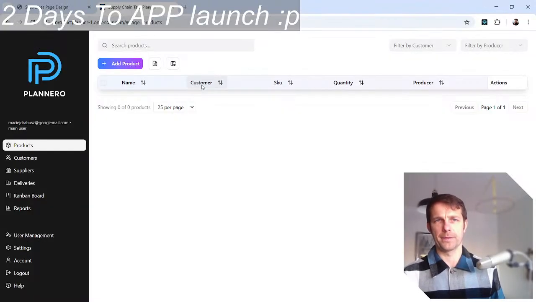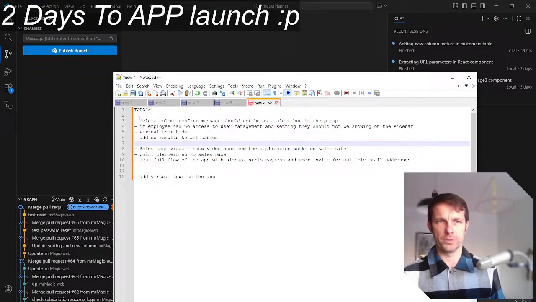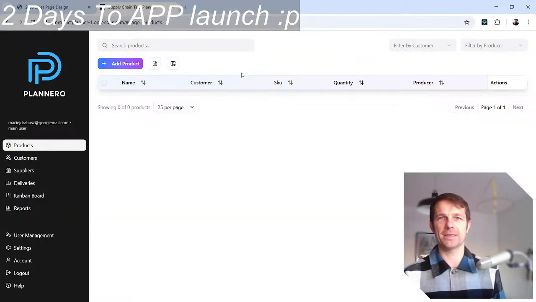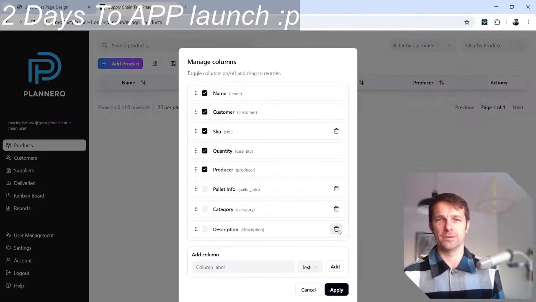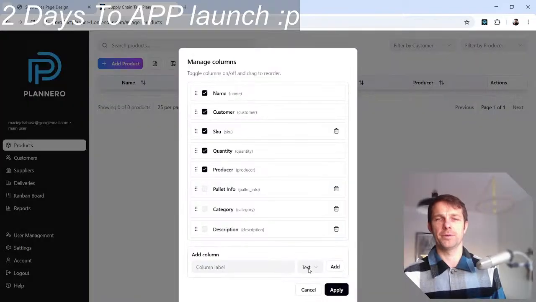Let's just see. Okay, so the first one was when we delete the column, we have an alert, which is not the best way to do it. It's asking us within an alert to remove the column from the table.